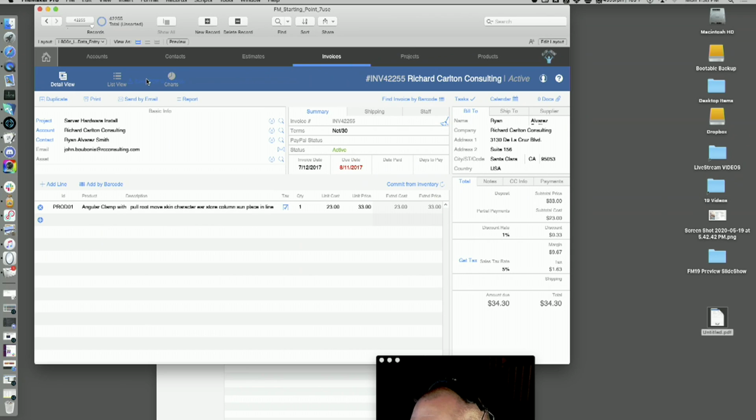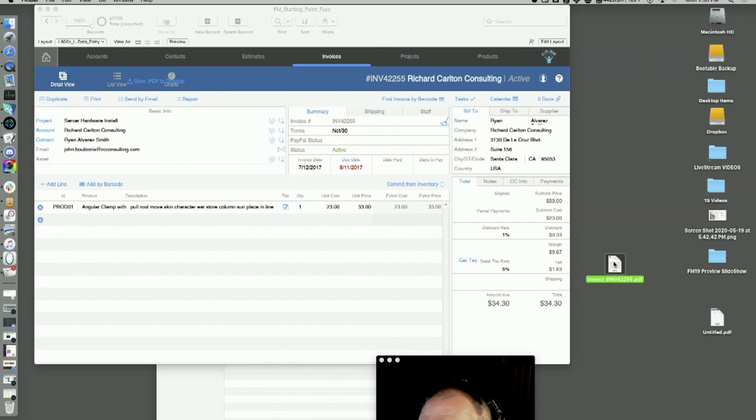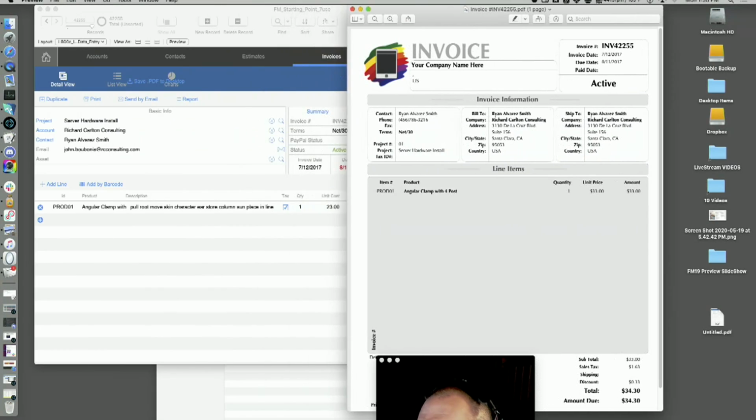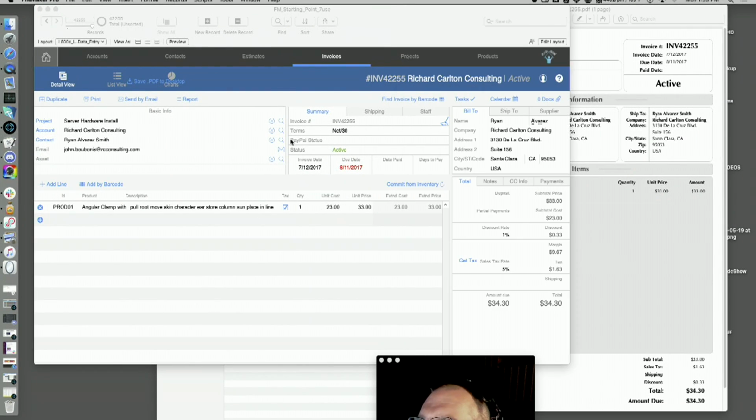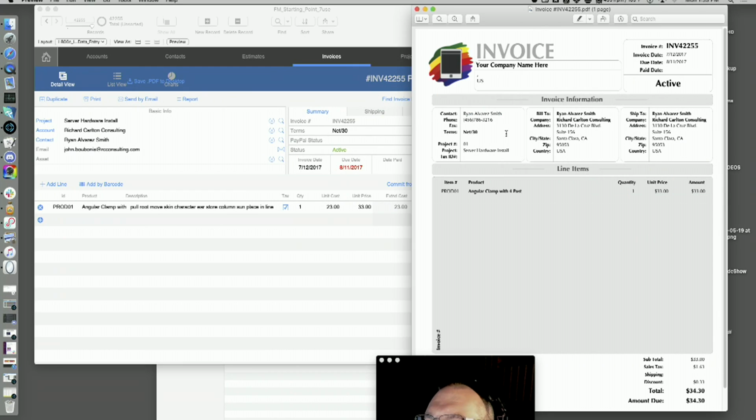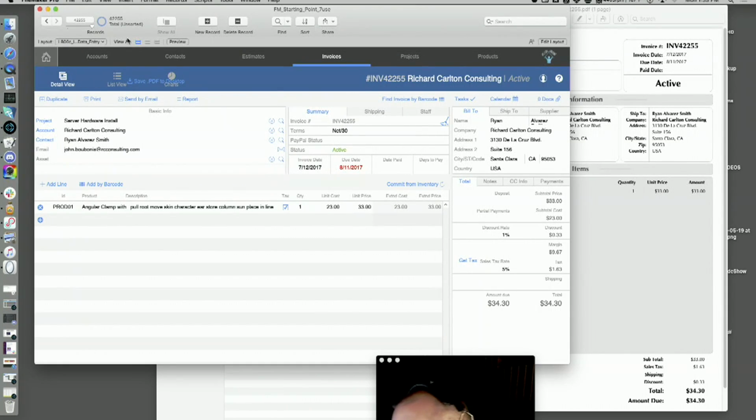I could say PDF to desktop, it'd be the same kind of job. Here's this one. So I pressed that button and basically did a print job, but then how come I have this really nice looking invoice over here and this one looks totally different? This is great for paper or whatever. This one's great for screen. Two different things.